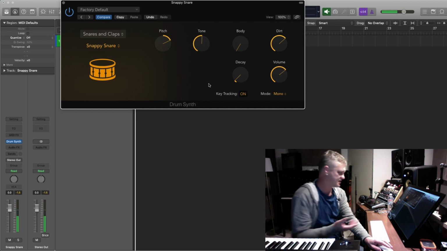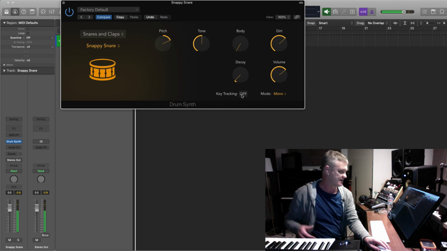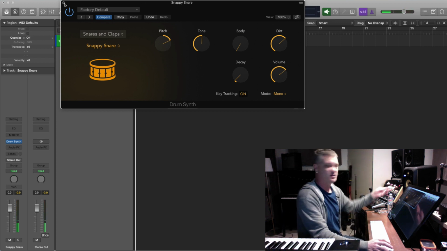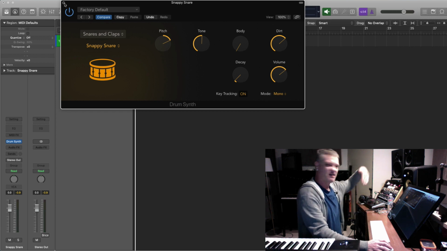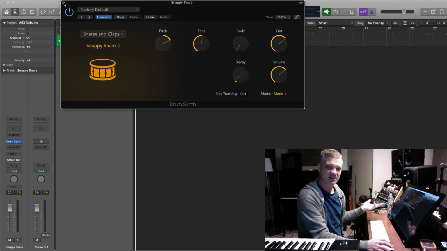You can see that you can switch the key tracking off so every note becomes the same note, so if you're just using a pad and pitch doesn't really matter. I think you can have multiples of these because they take up no DSP at all. Have one for the kick, one for the snare, one for the hats. You've got everything in here that you really need if you're going to do your own electronic drum machine sort